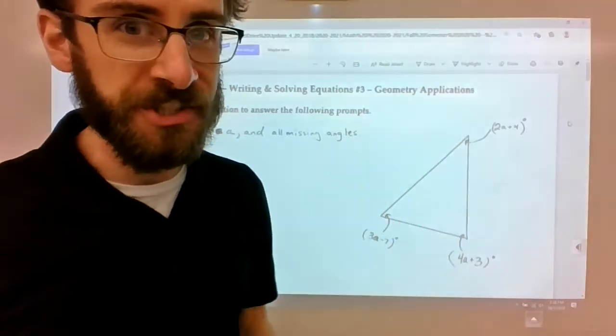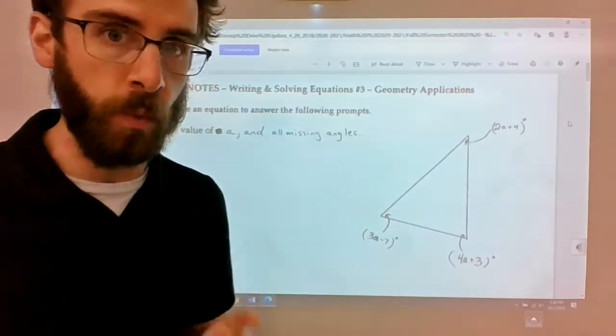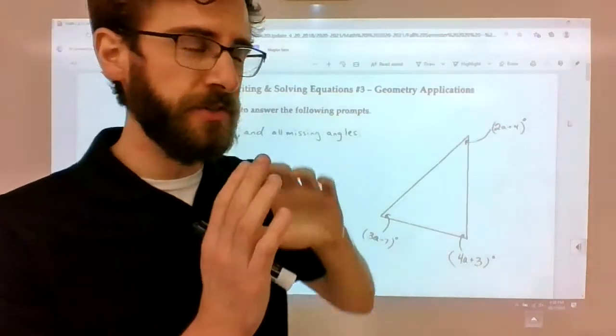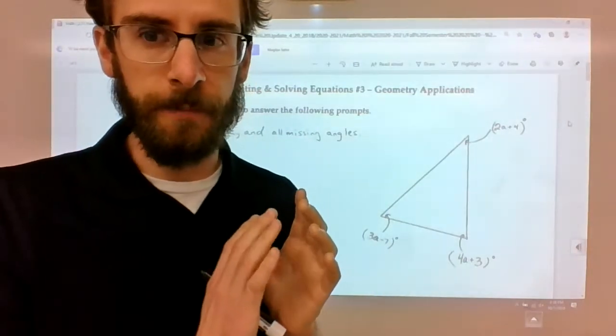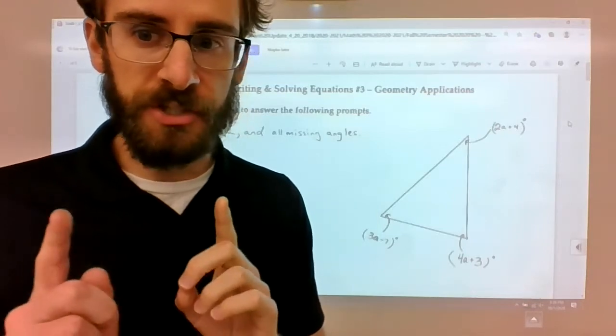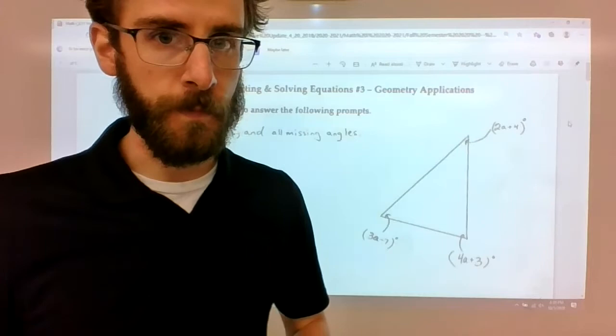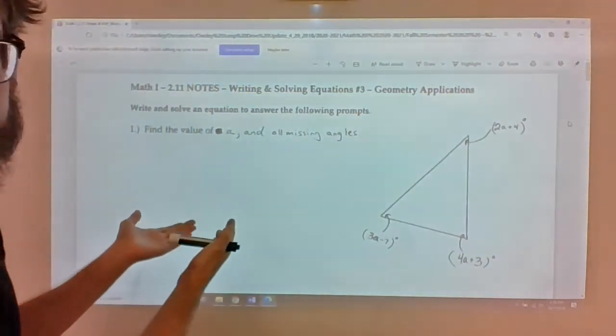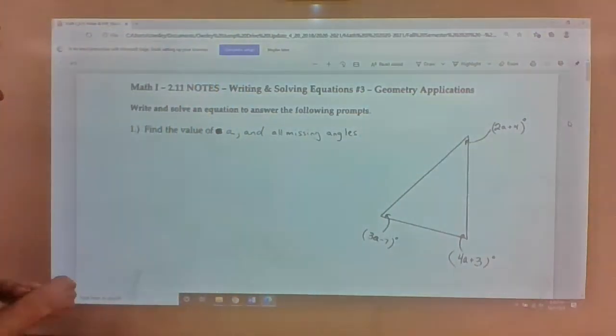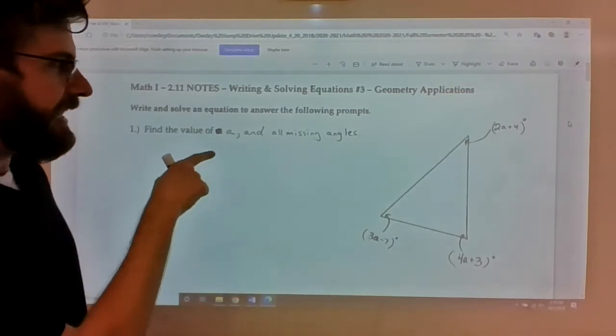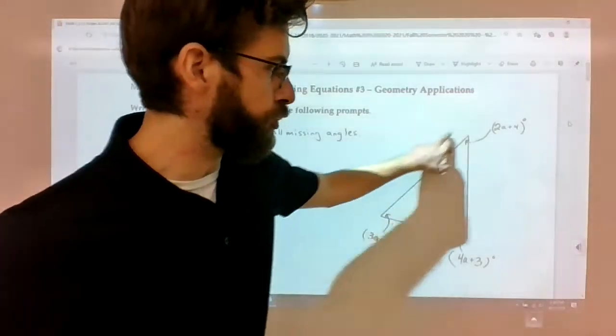Now it's going to be much different than what you saw in chapter 1, where we just took formulas and basically plugged in numbers. This is going to be different. This is geometry that primarily deals with angles. So, let's get to it. Number 1, find the value of A and all missing angles if we're given a triangle